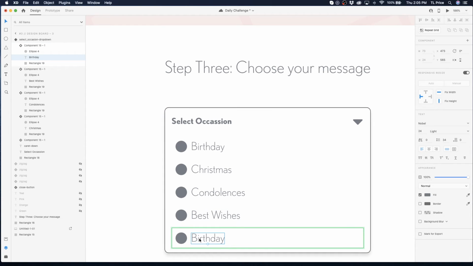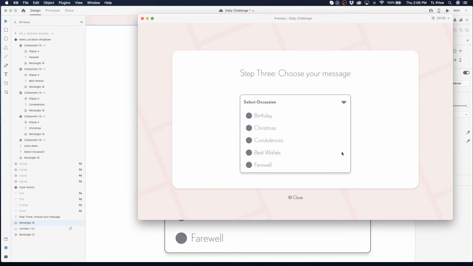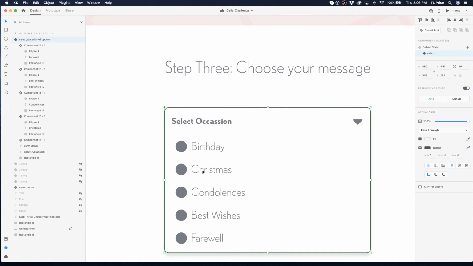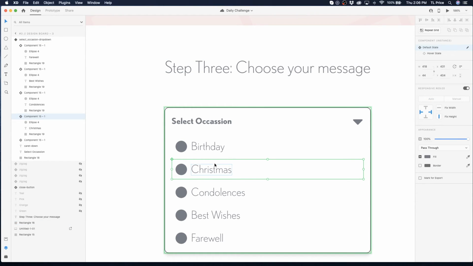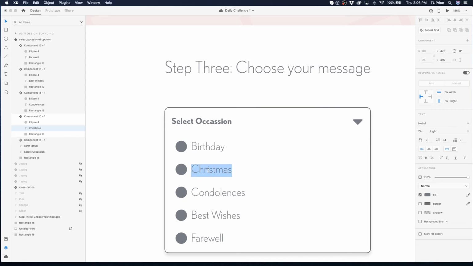Best wishes and fare thee well. All right. Okay, let's see what happens here if we preview this really quickly. So I do have to jump in and make sure that the text, and this is one of the things I don't love about components. I do love them, don't get me wrong. I absolutely love them. So we're just gonna copy this text,